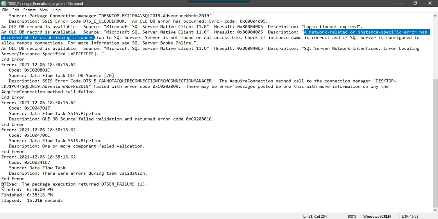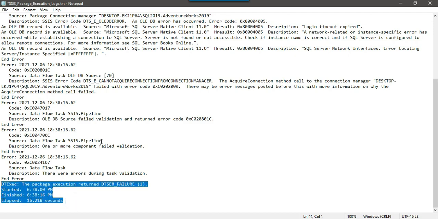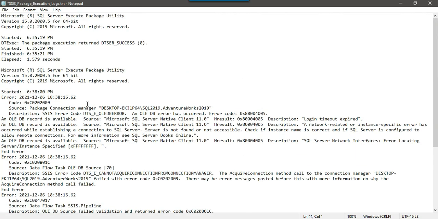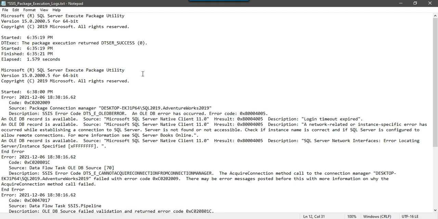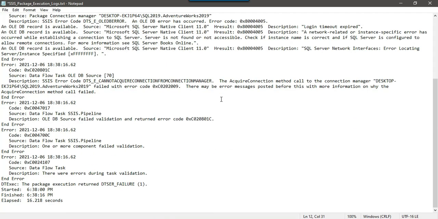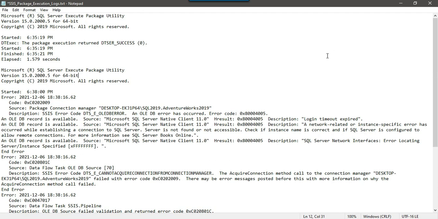You can also see the final message that it returned DTSER failure, and it took 16 seconds before the package failed. So you can see all the error messages here, and all the success messages here. We had not made any kind of logging in the SSIS package, but all these logs are coming from the SQL Server agent job.